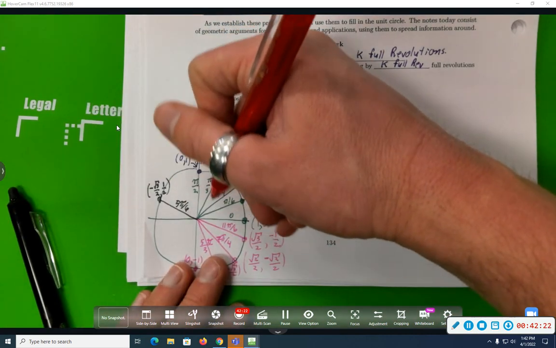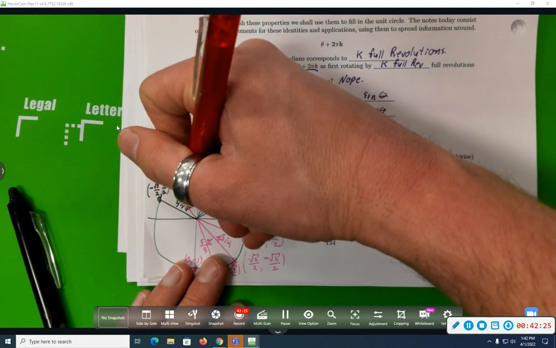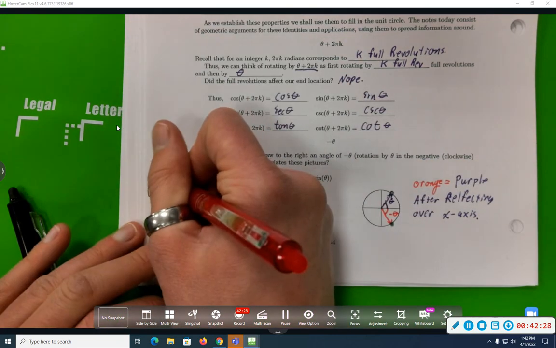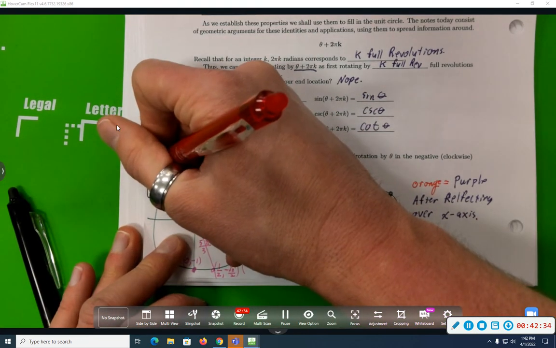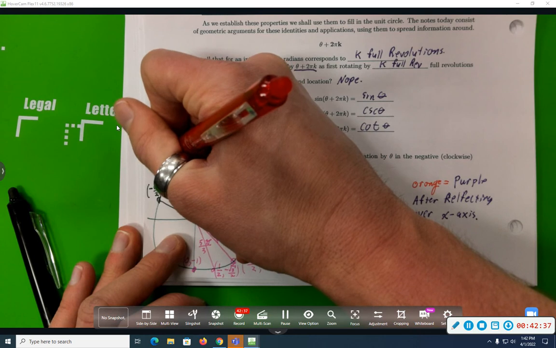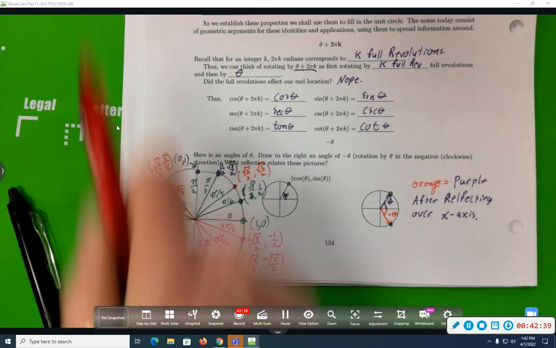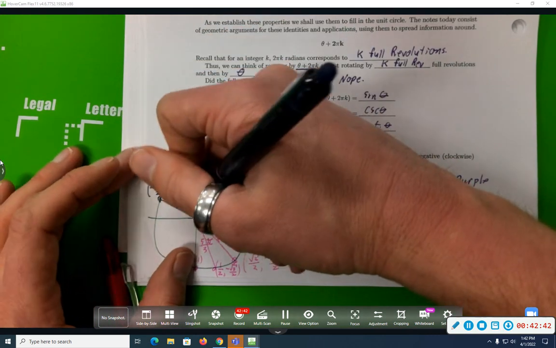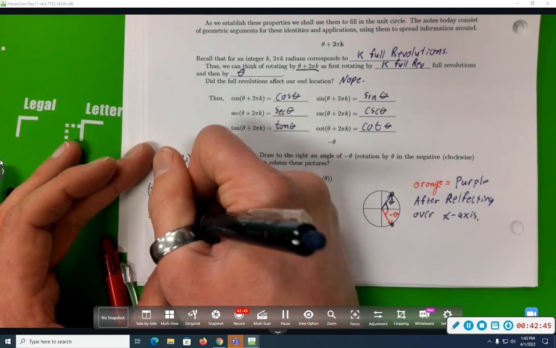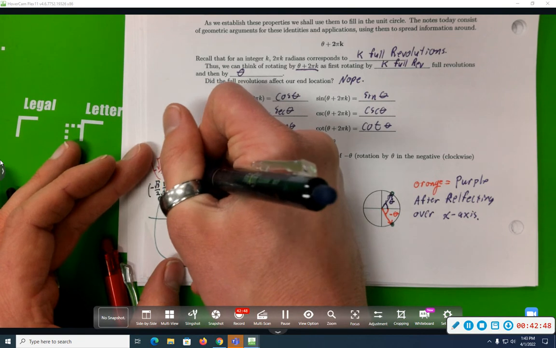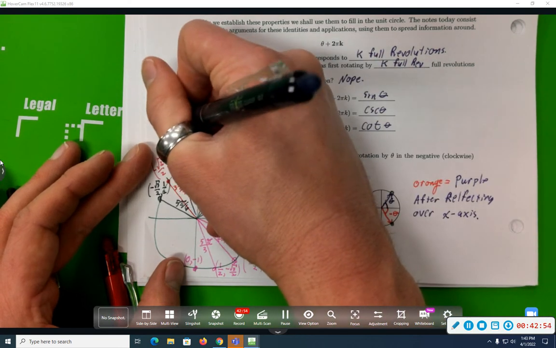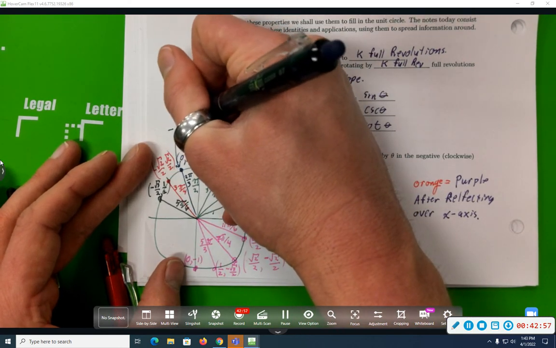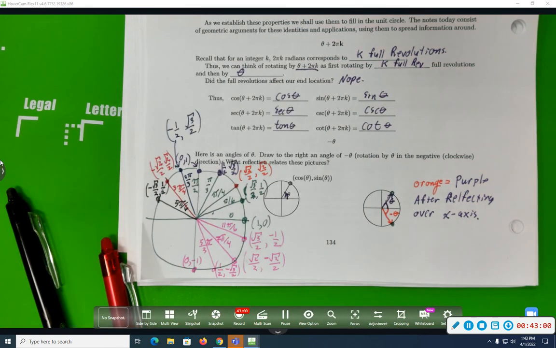Pi over 4, if I go forward by pi, back by pi over 4, that'll put me at 3 pi over 4: negative root 2 over 2, root 2 over 2. And finally, if I go forward by pi, back by pi over 3, I'll be at 2 pi over 3: negative 1/2, root 3 over 2. Does that feel pretty okay? Legibility is kind of bad, but